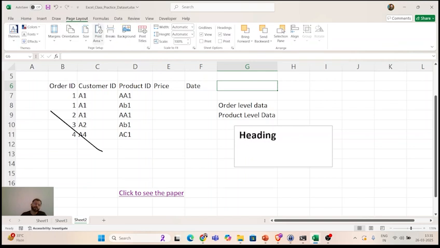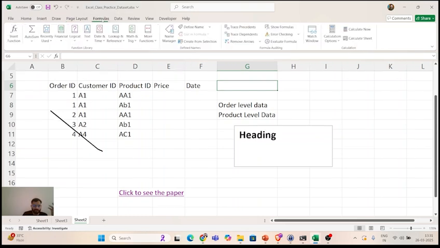Page layout is a kind of print preview option. Let's say if you want to print some Excel sheet, what margin do you want to give from left, right, top, bottom, and so on and so forth. If you want to change the layout of the page, right, formatting of the page, then we have different formulae. This is a very handy tab, right?